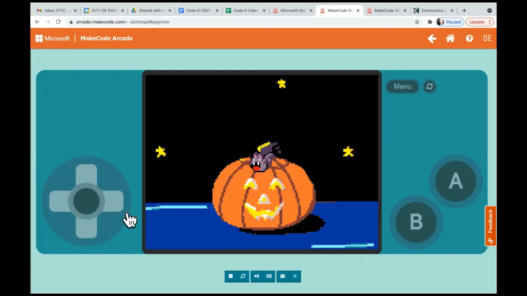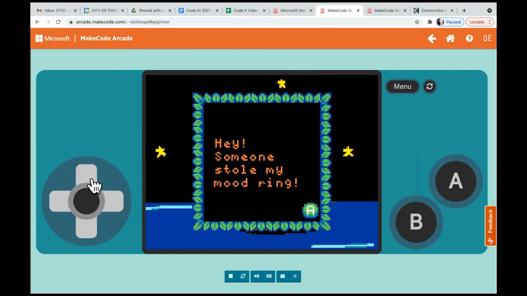So we go here, we're gonna maximize, we're gonna stop, reset. So it's the stop button here, this is the reset button, resets the game to the very beginning. All right, so now here, if I press A, nothing happens. If I press B, nothing happens, because we've now told it not to respond when we press A, but to respond when we press the up button on the directional. So now if I hit up, there we go. That's our setup. If I hit up again,